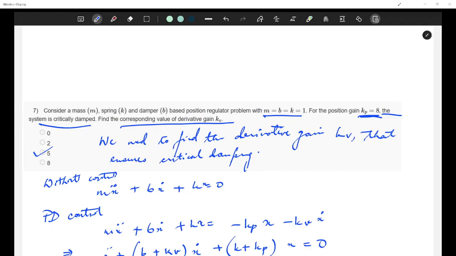So if kv is equal to 0, then 1 plus kv is equal to 1, which does not satisfy the critical damping condition. The other option is 2. If kv is 2, then 1 plus kv is 3, which again results in underdamping. If kv is 8, then 1 plus kv is 9, which results in overdamping. So these three options do not satisfy the condition for critical damping.